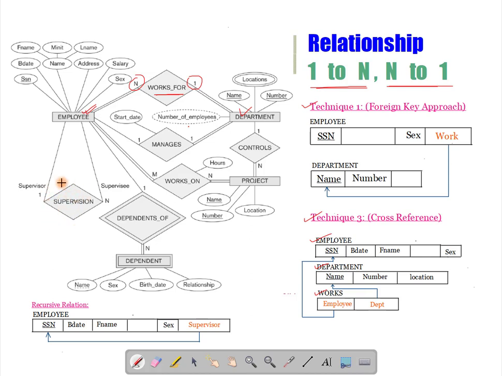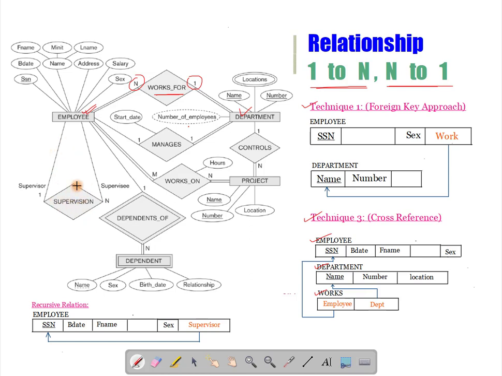And there's a special type of relationship, the recursive relationship, which is also one-to-many, or you can say many-to-one. In this case, you will add a new foreign key in one side of the entity, which will point to the primary key of the other side entity.